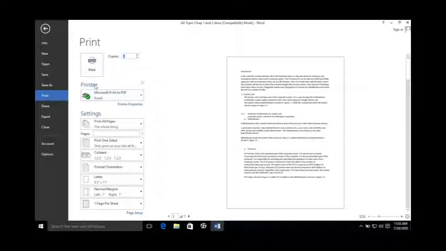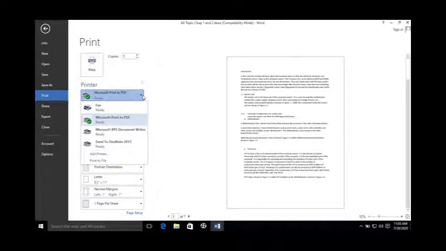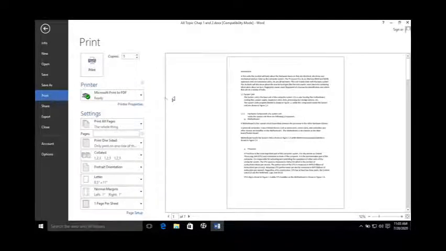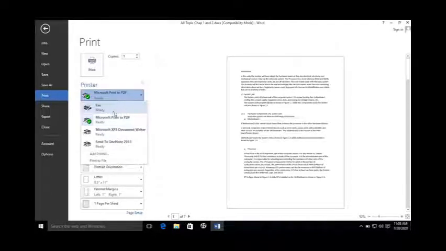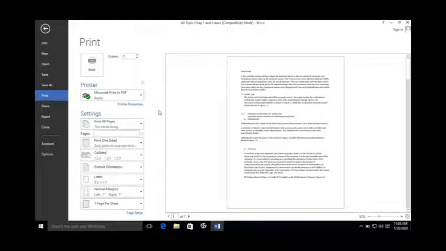Second, Printer. It shows which printer you want to use for printing. Sometimes there may be multiple printers available on the network, or connected with the computer, so you have to select that specific printer from this drop down menu for printing.